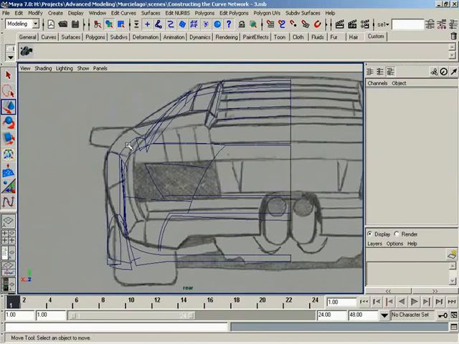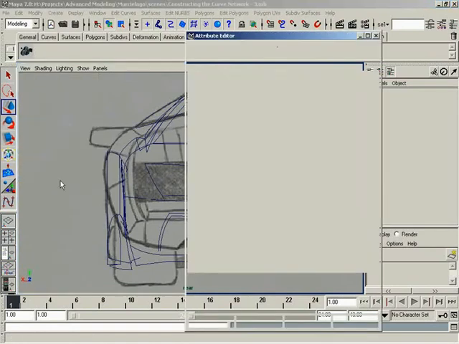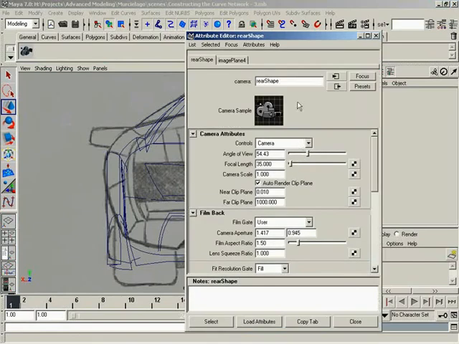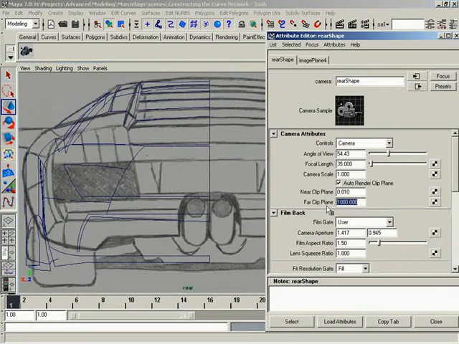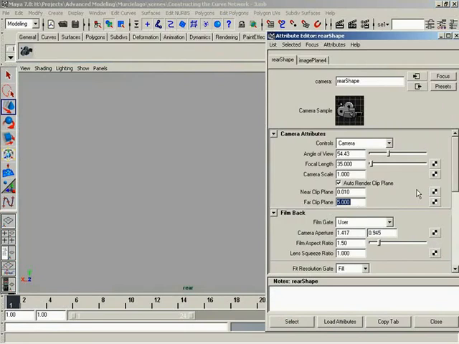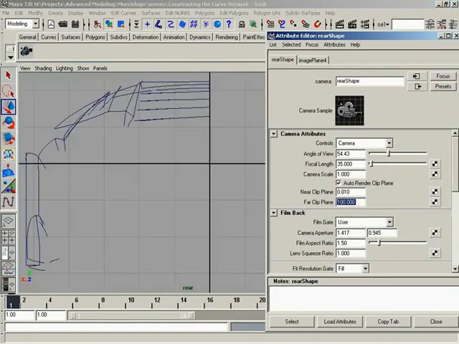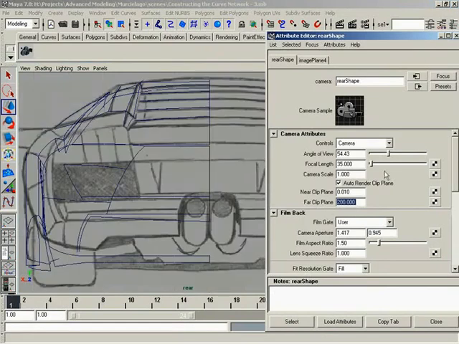One of the tricks that I like to use, especially in something like this where I'm looking at the back of an object and I'm trying to focus on the back and ignore what's going on in the front, is we'll come in and grab our camera's attribute editor, and we can adjust our clipping planes. So if I take my far clipping plane, let's set it maybe, 5 is way too close, so let's say 50, 100, I'm starting to get there. 200, a little bit too far, so now we just kind of find that difference. So let's see, maybe 150,